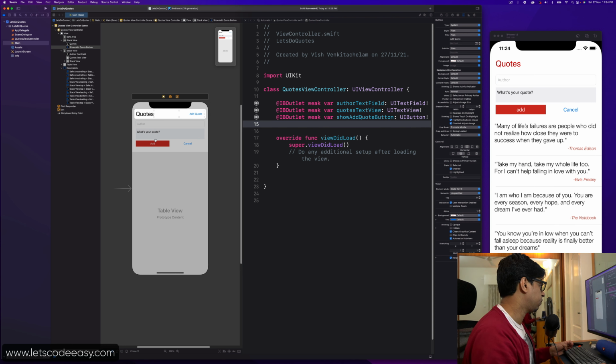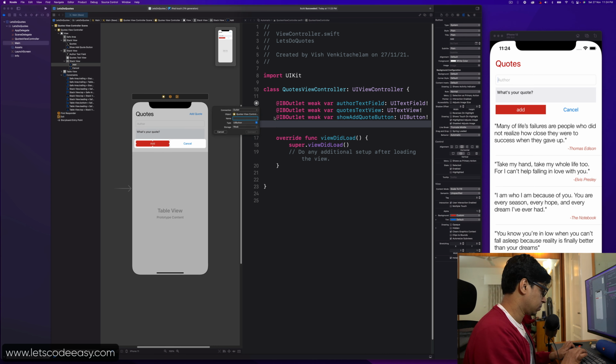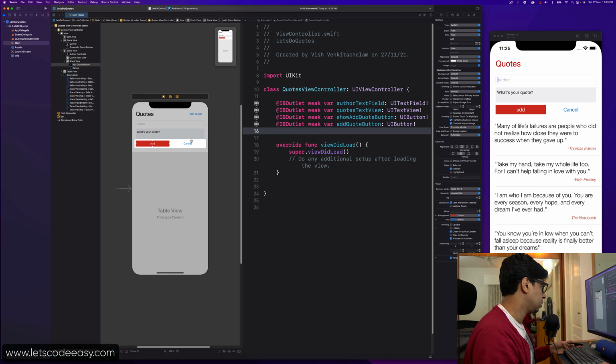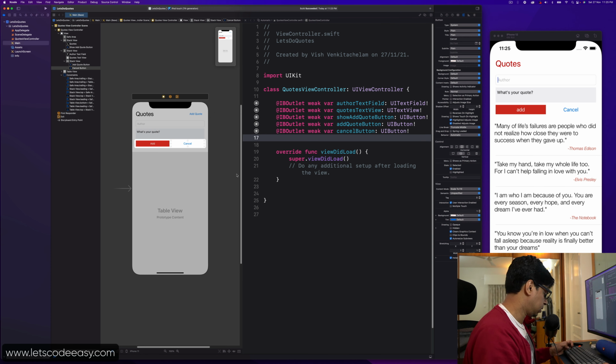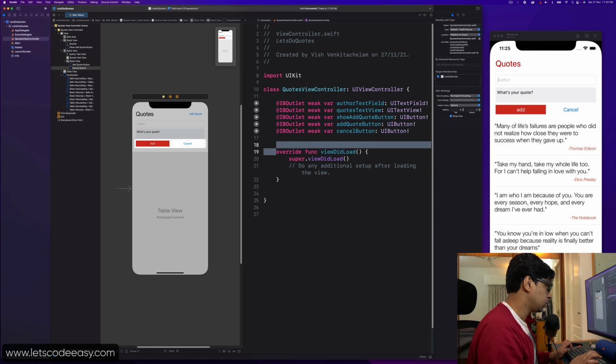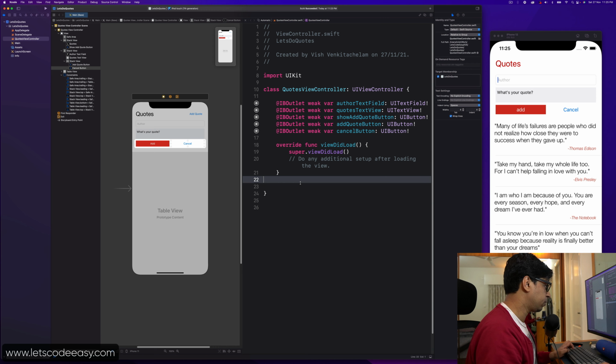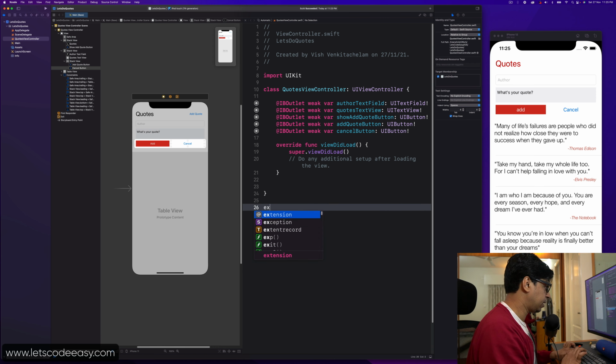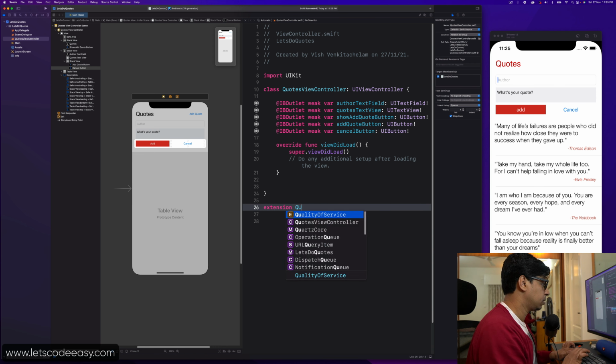Then I also need references of all of these so that I can hide. This is add code button. Cancel button, and that's pretty much what I need, as the controls are the outlet references. And let's maybe add the other things like the